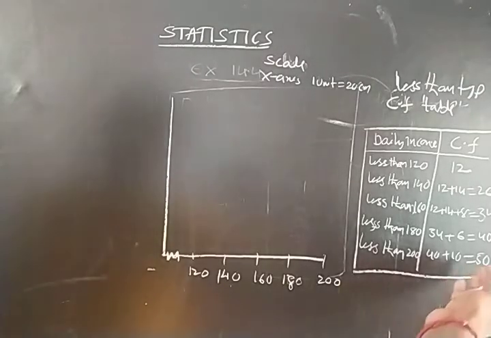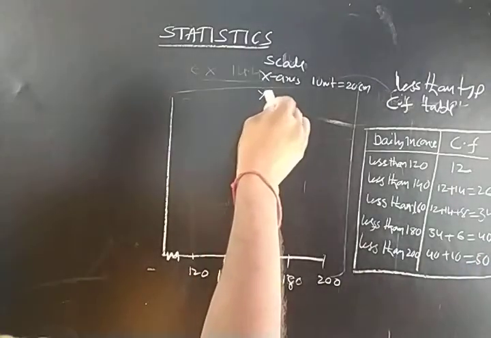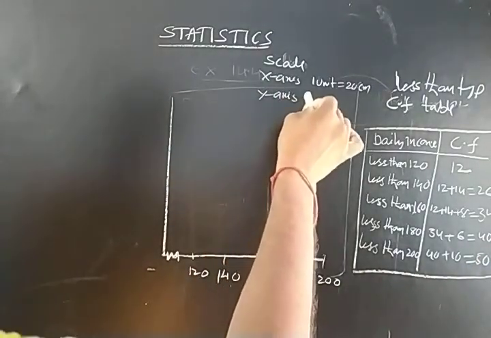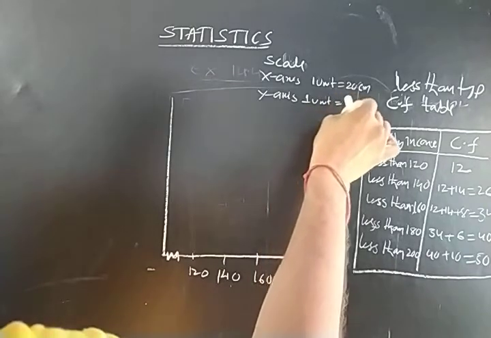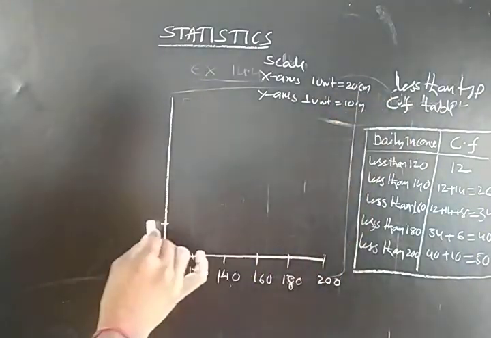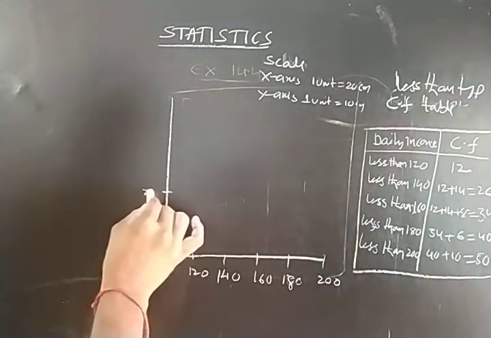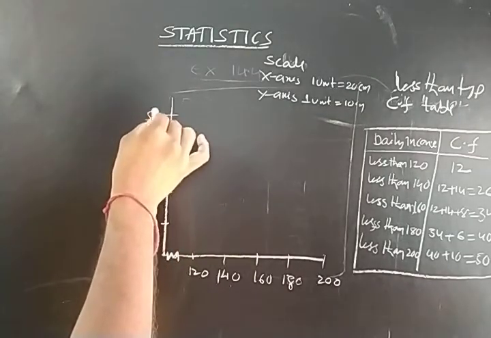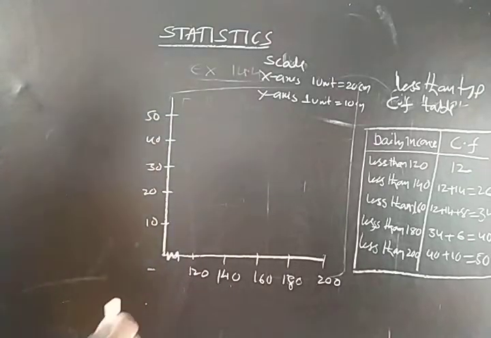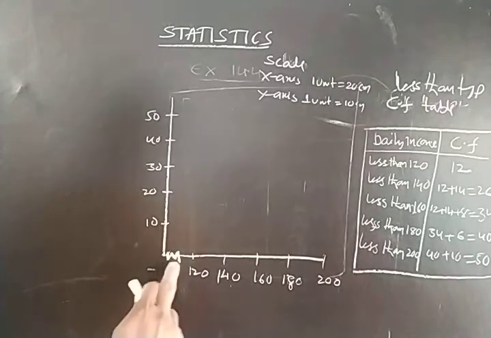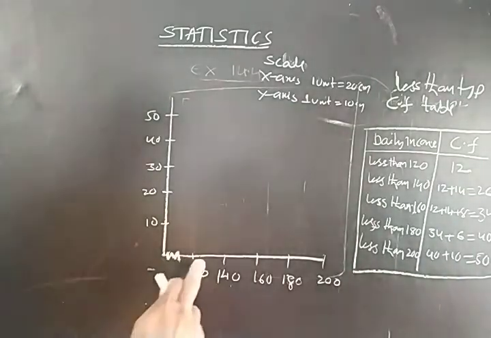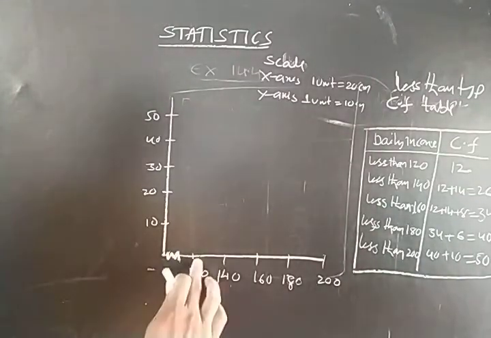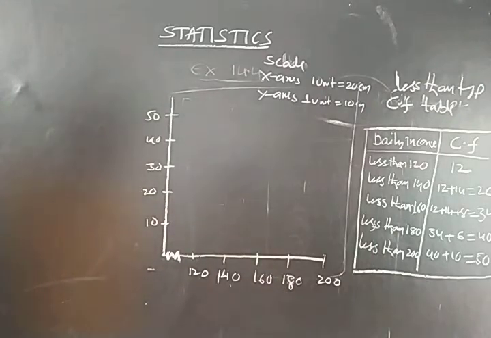In y-axis up to 50, no? So in y-axis scale I am taking 1 unit equal to 10 centimeters. So here 10, 20, 30, 40, 50. You keep the break sign like this. Why? Because this is not considerable. After 120 we are considering as 20, 20, 20. Okay, right. Now we should draw the graph.